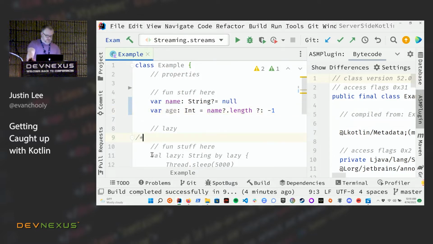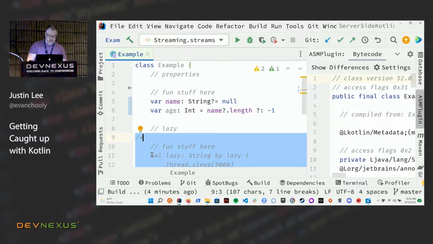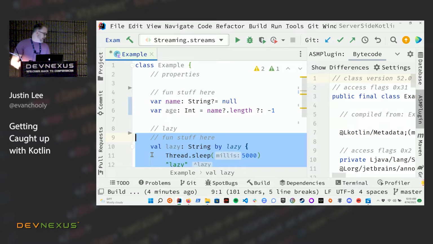The next thing that makes Kotlin a little bit more interesting is you can actually have lazy initialization. So if you have